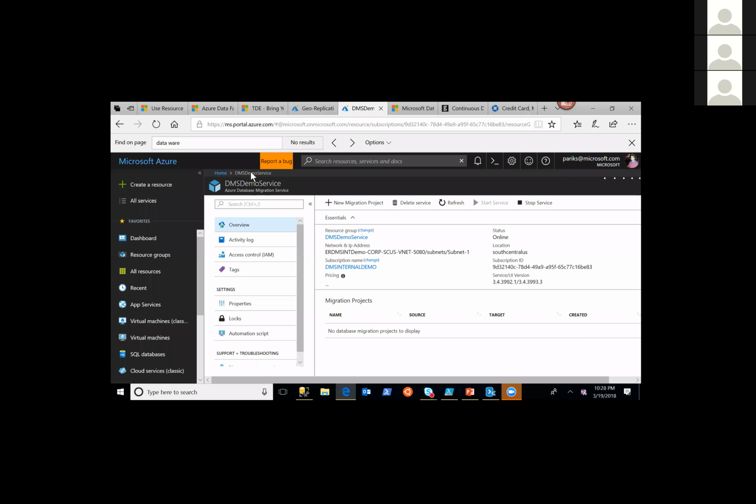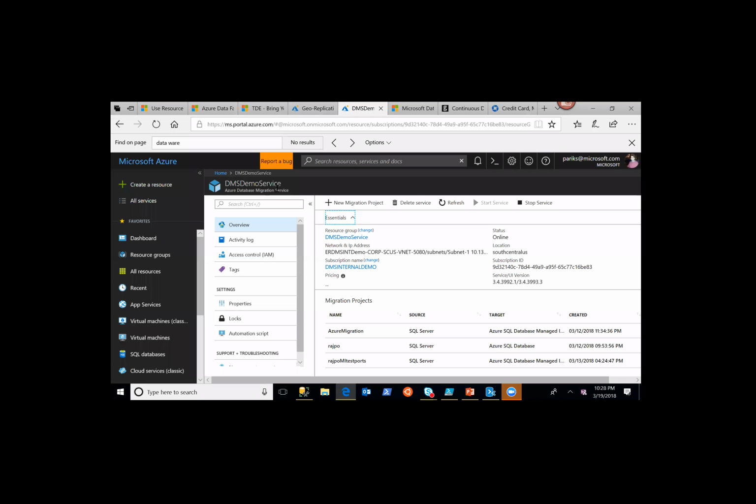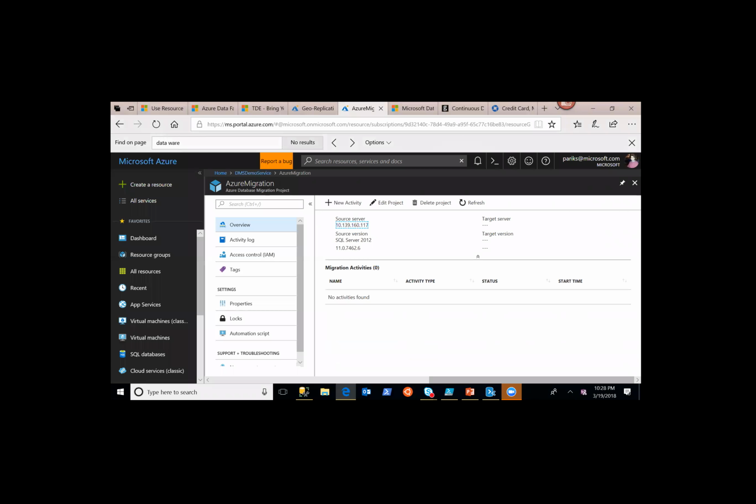In Azure, when you go to the Azure portal, go to create resource, and search for Azure SQL Data Migration Service. You can click that and spin up a new service. And in that, you can add new migration projects. What I'll do is I'll use one of the existing projects which I have.